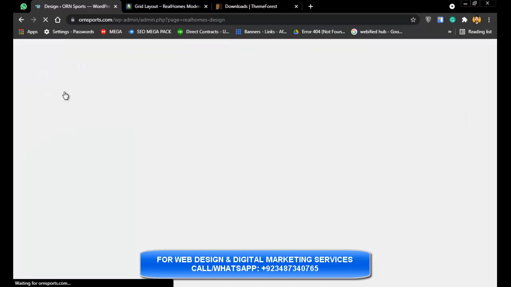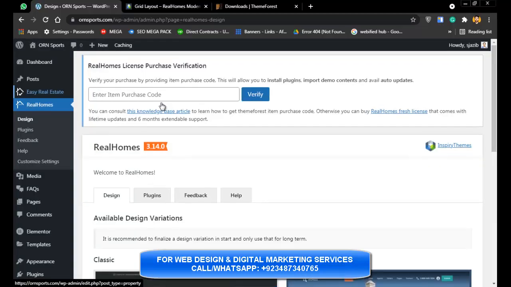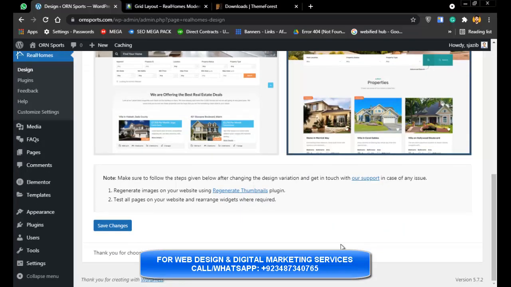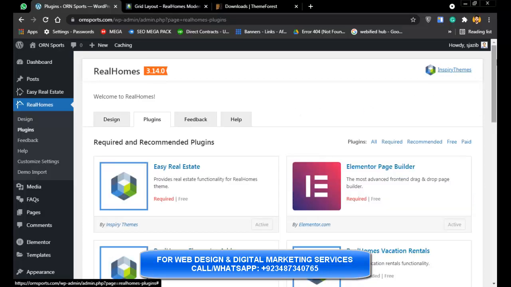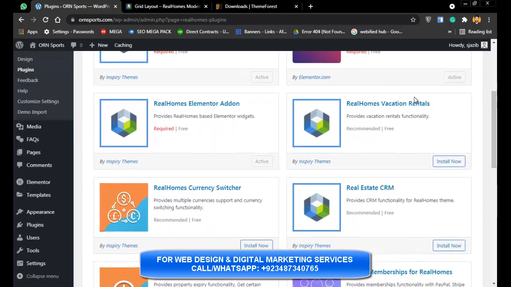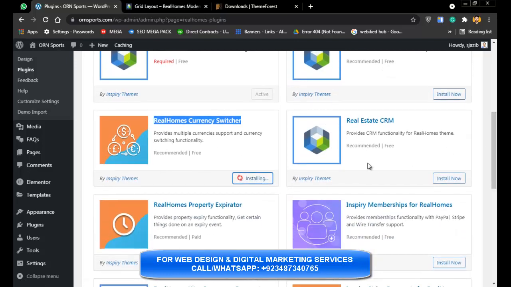After going to Real Homes, we have to go to plugins, and install all the plugins here, like Real Homes vacation rentals. If you want that type of thing in your website, vacation rentals are required, I think. The currency switcher, and if you want a real estate CRM, you can install that.